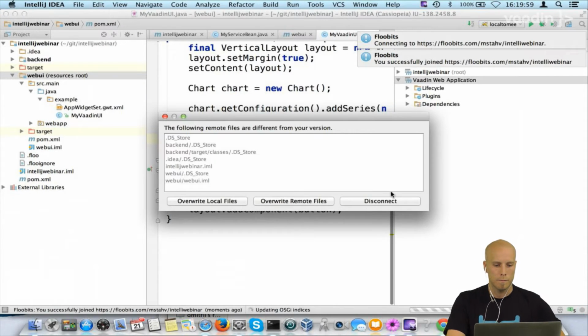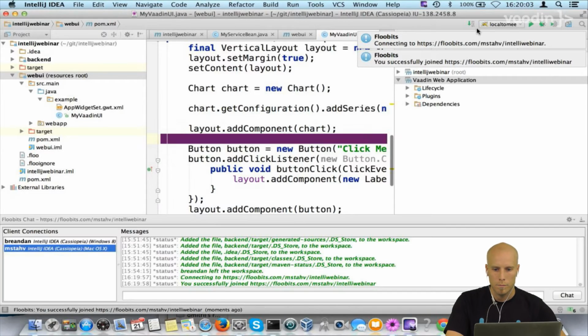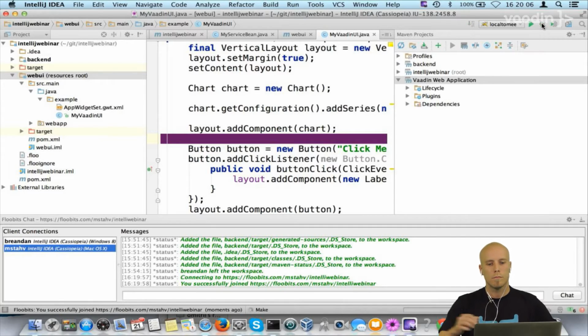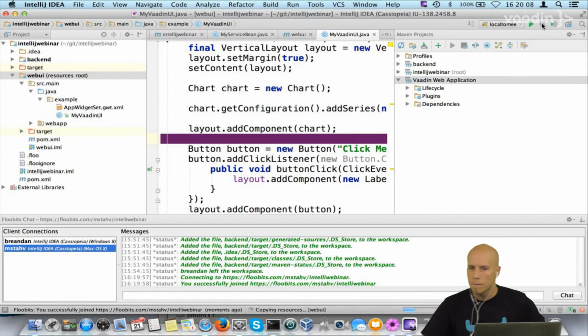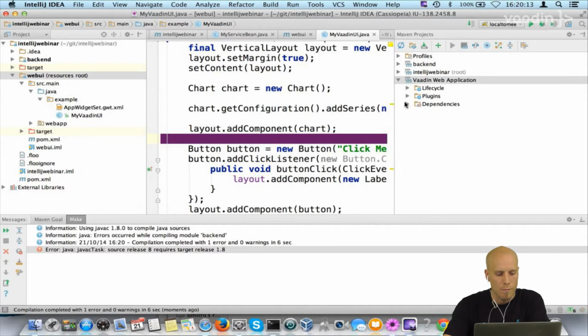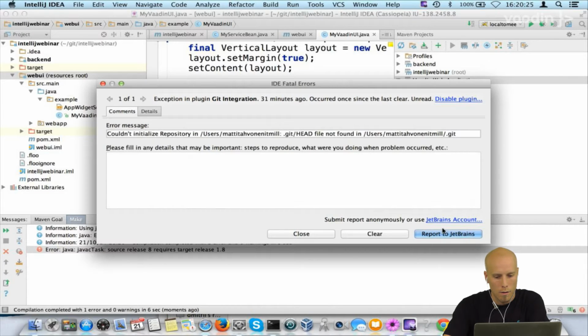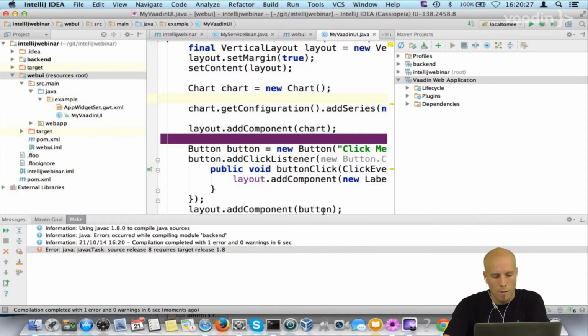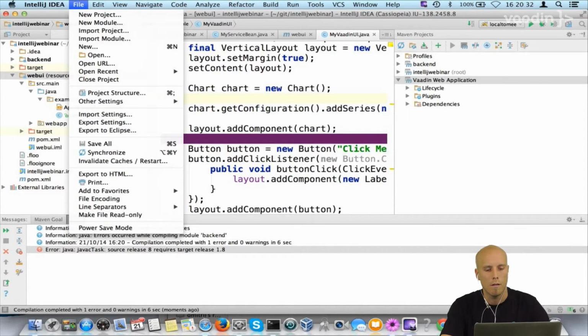This is a good point to talk about the difference between IntelliJ IDEA Community and the Ultimate version. In Community, you have support for Maven, you have all your build tools and things like this. In Ultimate Edition, you can use a bunch of plugins that we provide for developing Vaadin apps natively inside IntelliJ IDEA without using a separate build system or something like this. And it also has additional support for some